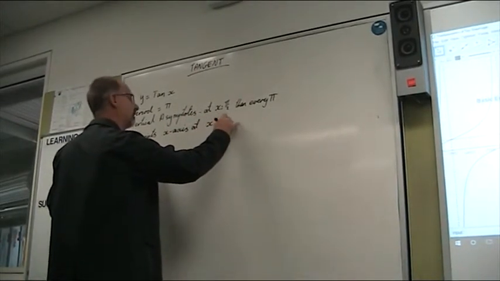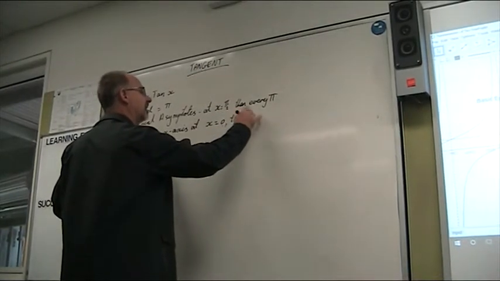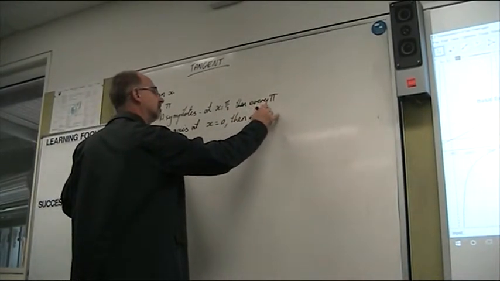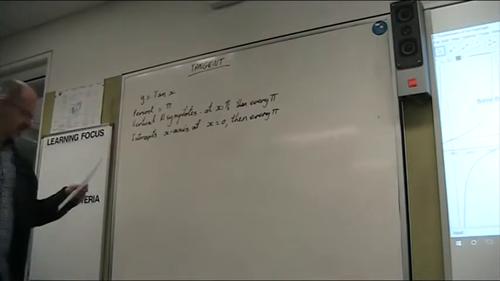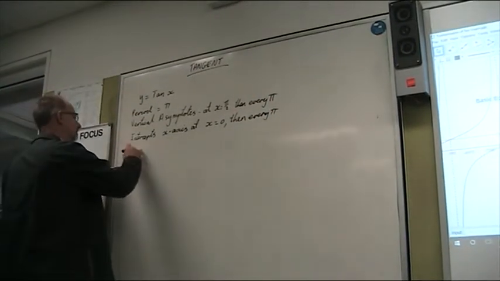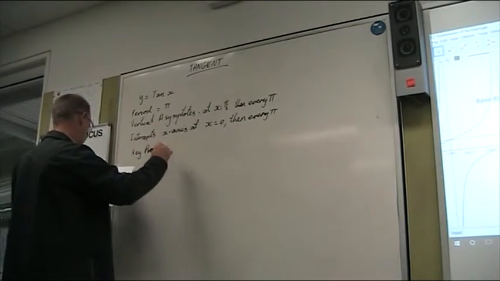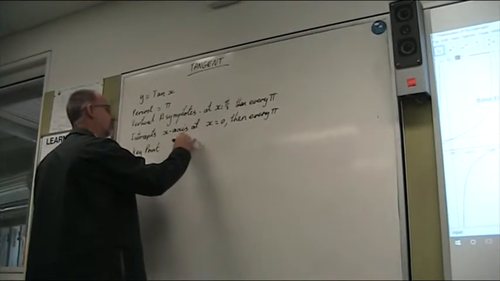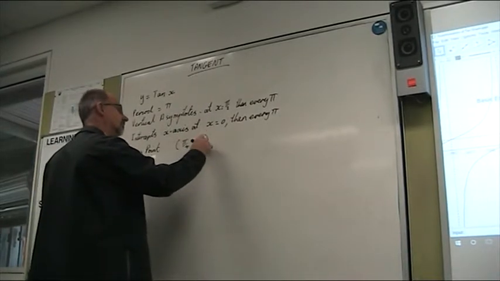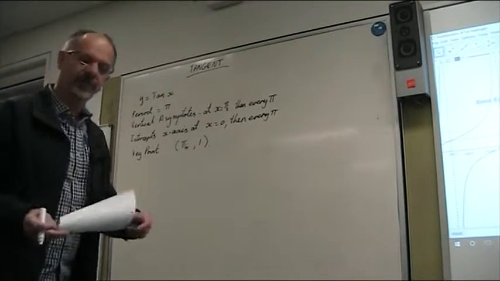At x equals 0, and again then every pi. And our key point is pi on 4 and 1. So if we're going to draw that,